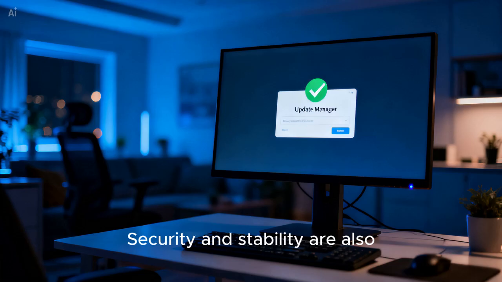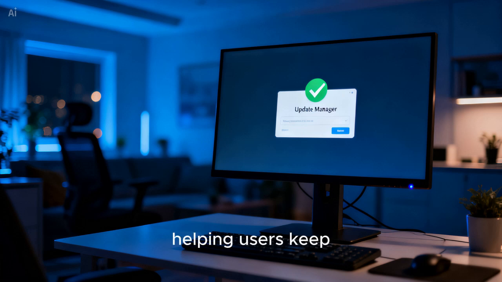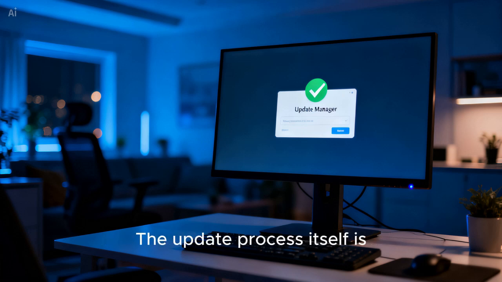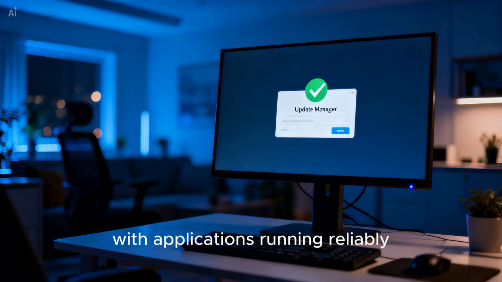Security and stability are also important considerations, especially as cyber threats continue to evolve. BeepOS 13 appears to place significant emphasis on system reliability. Updates are delivered through an integrated update manager, helping users keep their system secure and up to date. The update process itself is straightforward, reducing the likelihood of users postponing important security patches. Stability during everyday use seems solid, with applications running reliably and the desktop environment maintaining responsiveness